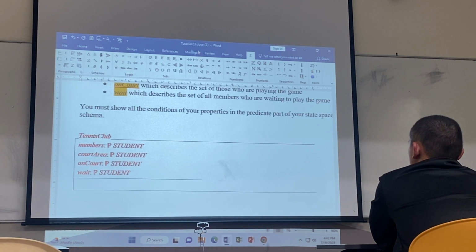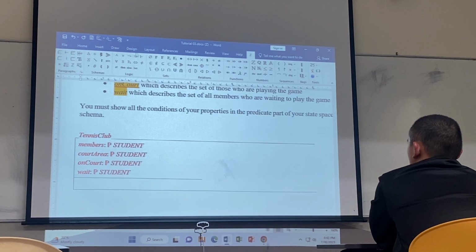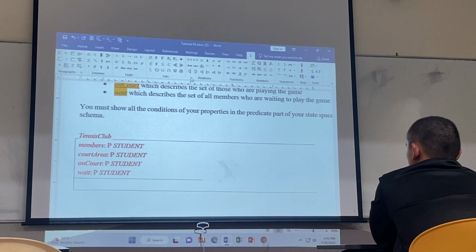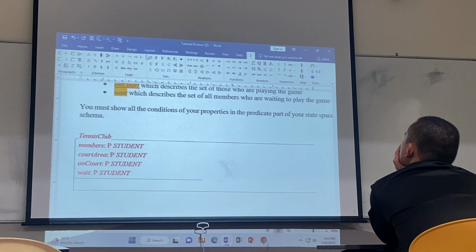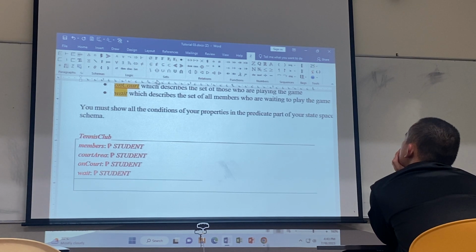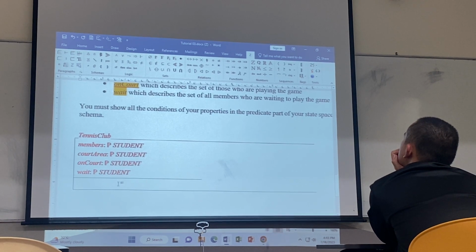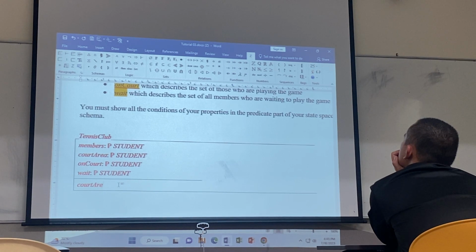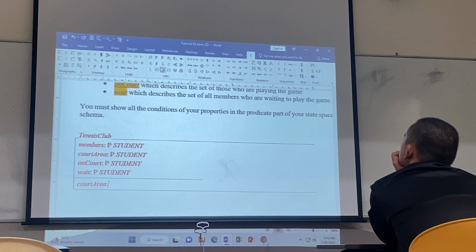From here, which symbol do you use? Set. Set here. So you have learned what last week? So how to show that? We put court area subset of